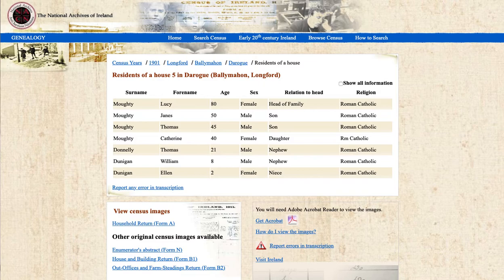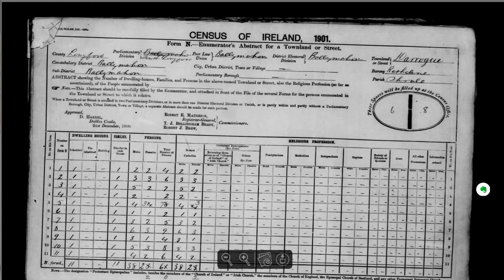Now, that's not the only page that we get with the census. If we come down and look at the images, there are other census images both for 1901 and 1911. Remember that they're in house number 5, and so if we look at the enumerator's abstract, it will tell us all of the families. Here's house number 5. It's inhabited by one family